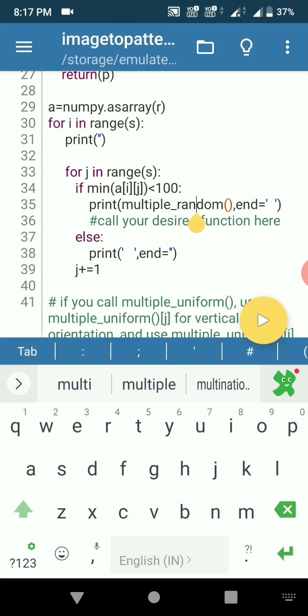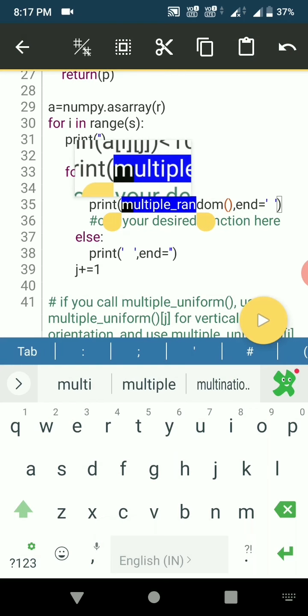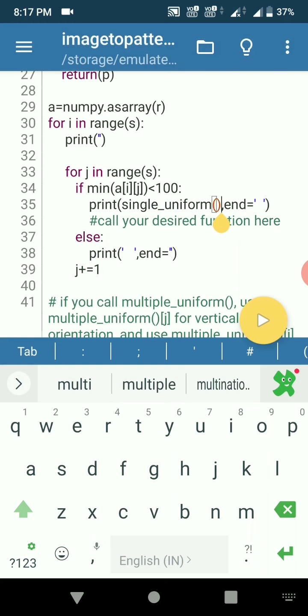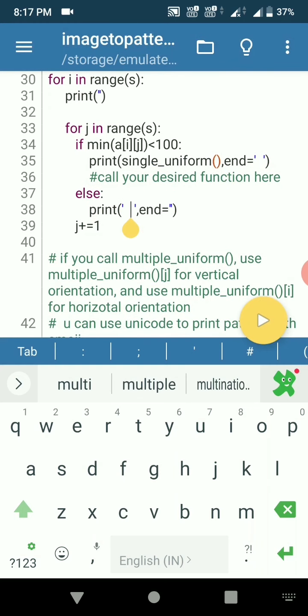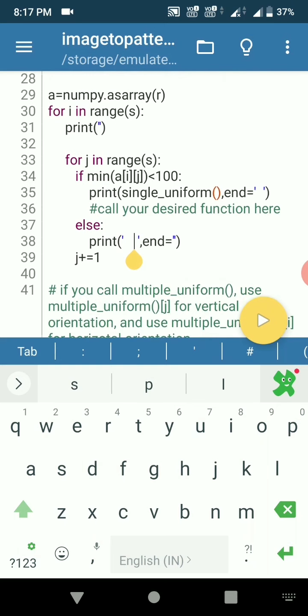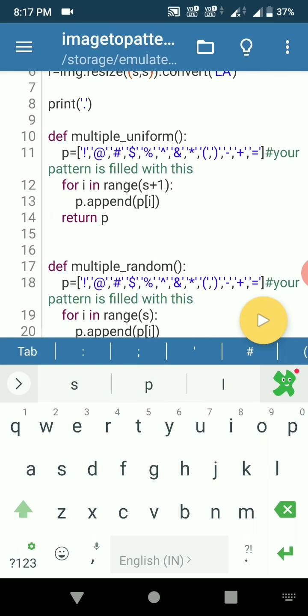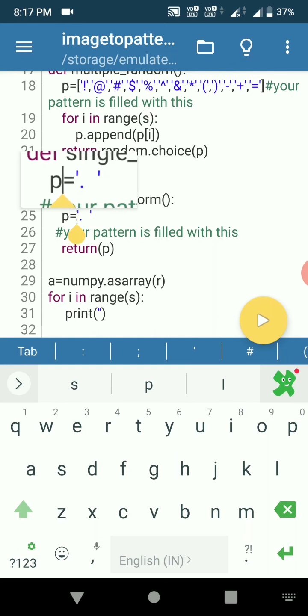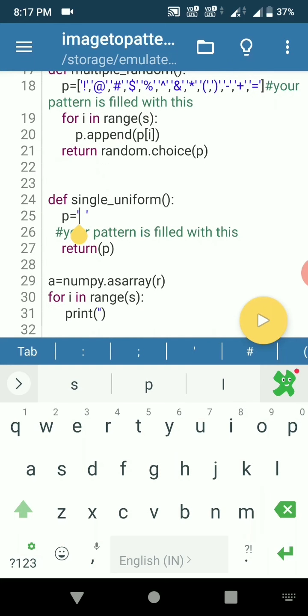Copy, paste. Single uniform, I think it needs spacing. Then I'm going to remove this dot and replace it with the heart.